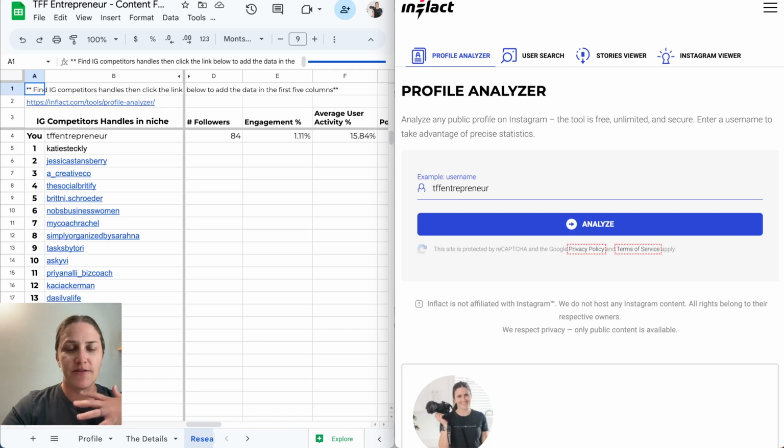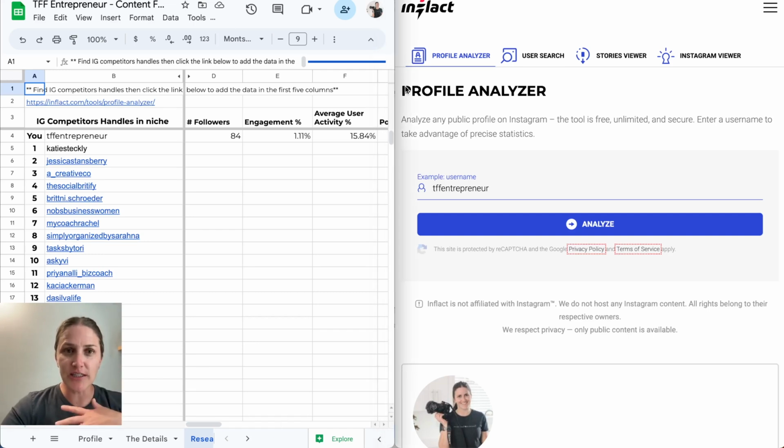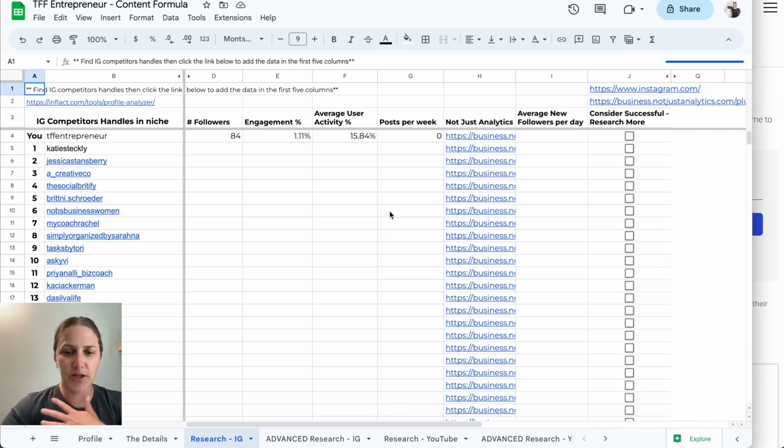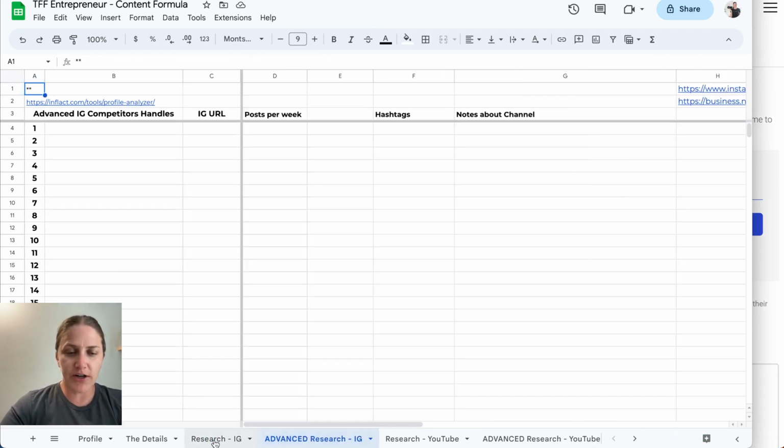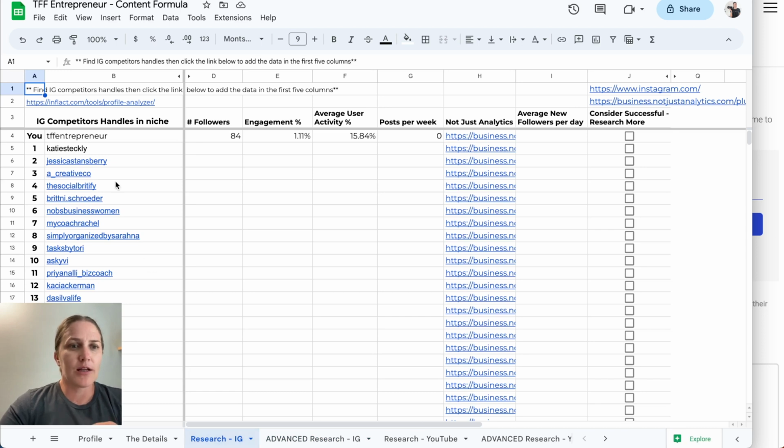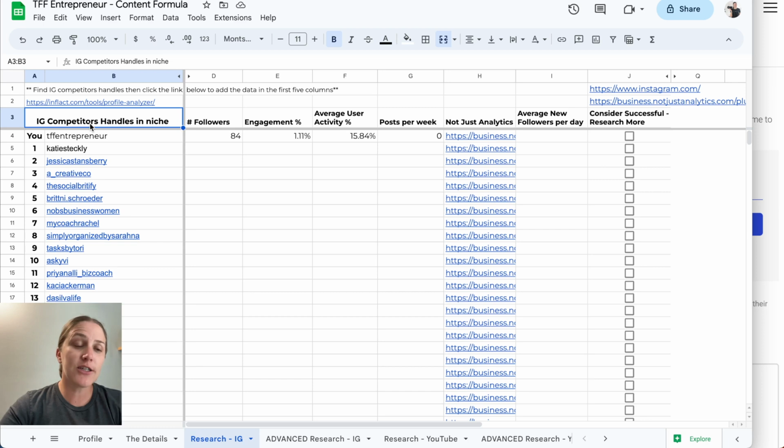The thing that you're going to need for this is a spreadsheet I created, and I'm going to hurry and make this bigger so you can see it. So this is the spreadsheet that I created. This is the Instagram research area, and then I have advanced research search area tabs down here. What I pre-did in this is I have the Instagram competitors' handles here,